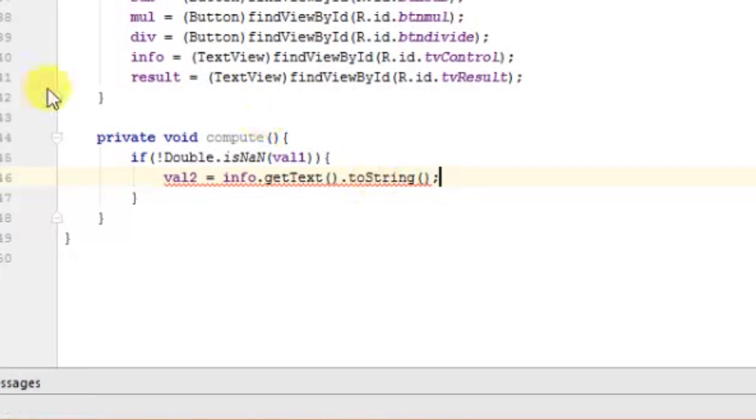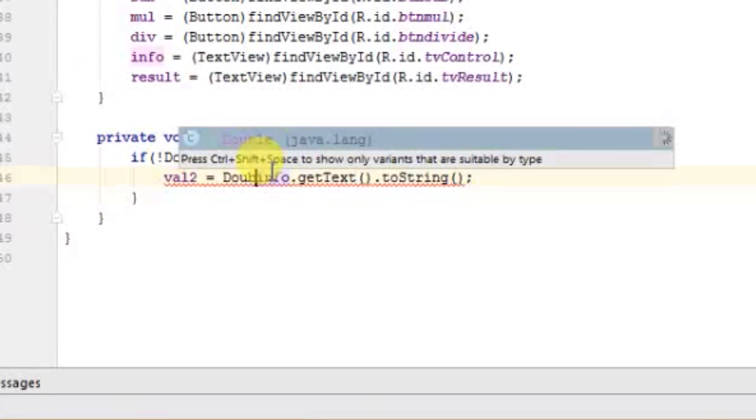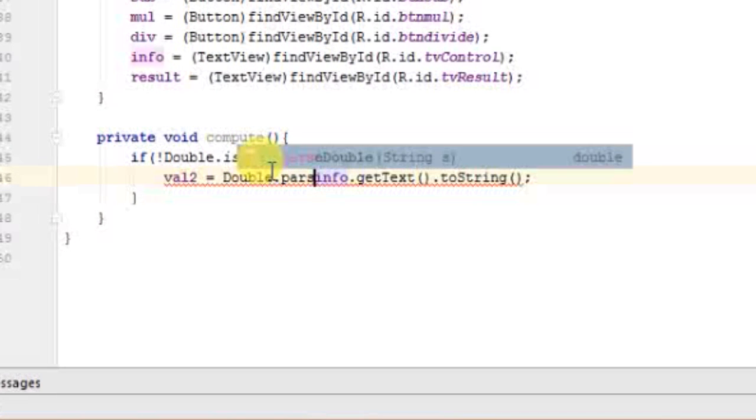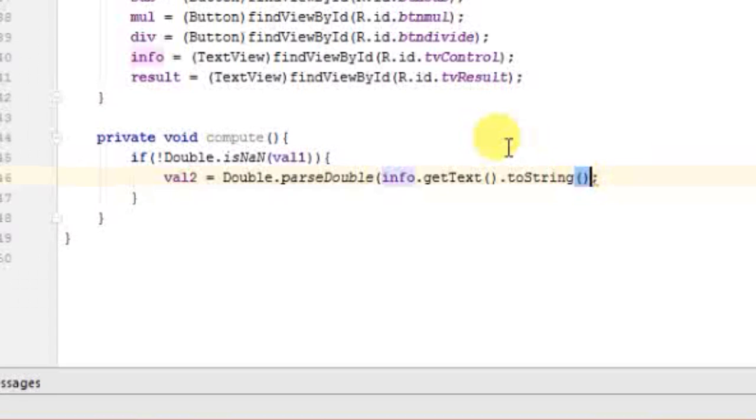Since we have defined value 2 as double, we need to do Double.parseDouble so that we can convert the string to a double data type. Okay. So we have our value 2, and we just need to do a simple switch case statement